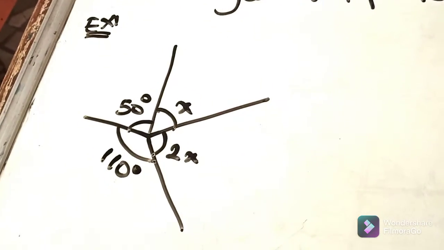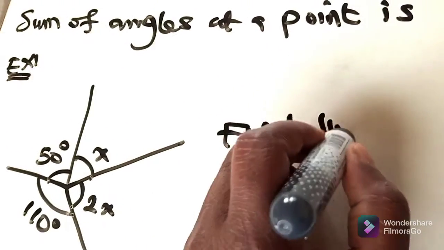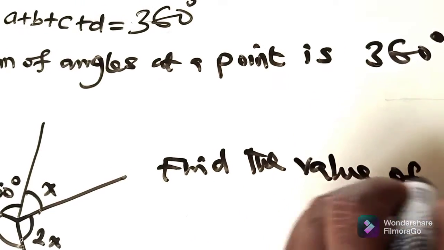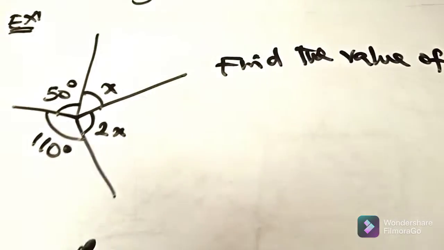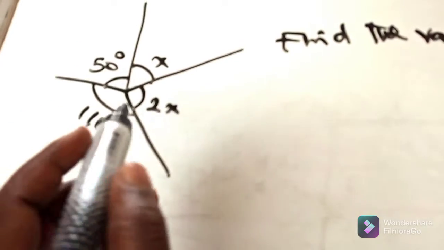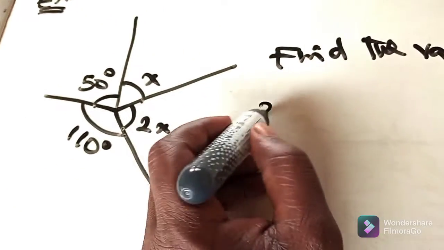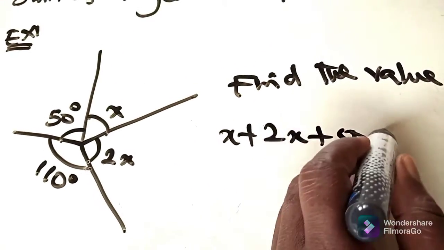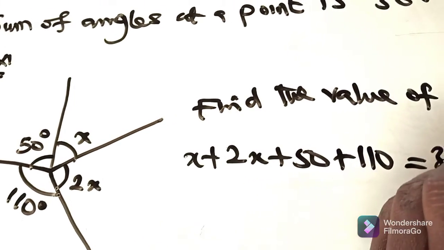And in the question, they asked me to find the value of x. So how will I get the value of x? It's very simple. So just add the angles together. We're having how many angles? 1, 2, 3, 4. So that means x plus 2x plus 50 plus 110 will be equal to 360 degrees,